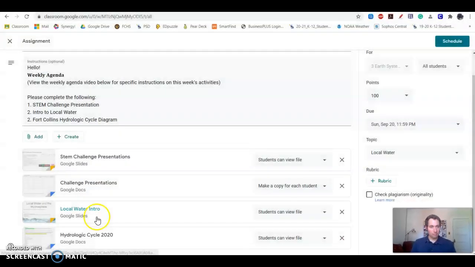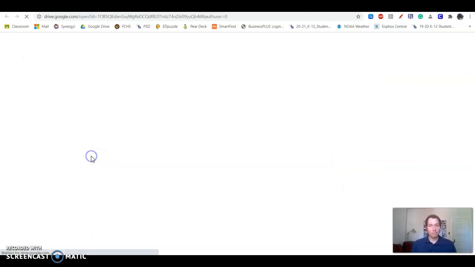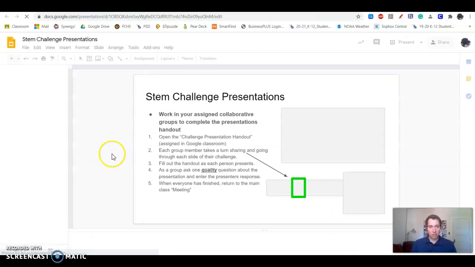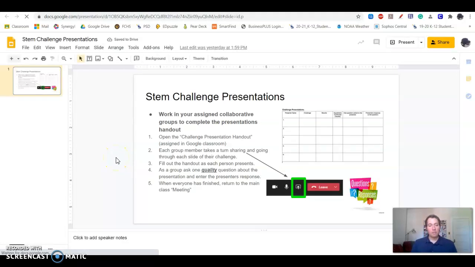So here we go. Three things on the agenda, two of which will definitely be graded. The first is the STEM challenge presentations in your small group. I'll be going over this in class, but in short, everyone's going to be taking turns sharing their screen and going through all of their challenge slides. What you have to do as a group member,